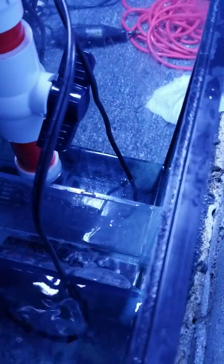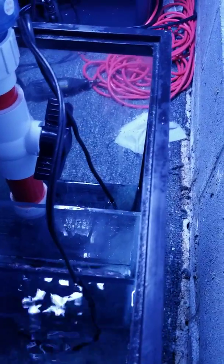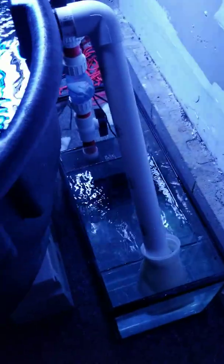So I got it flowing. My water level is pretty low, but I'm afraid I'm about 2 gallons over the safe zone right now, which tells me that this sump is not big enough in volume to hold my overflow. So if I have a power outage, I'm good on the return side because I have the check valve,